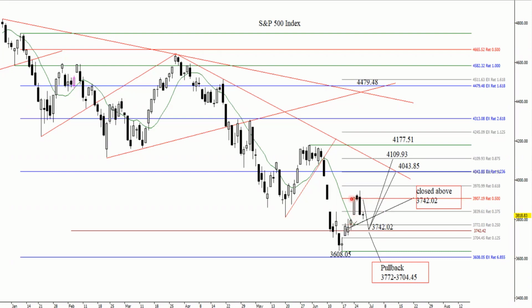And sure enough, what we did, and I reported this in last weekend's newsletter, we were up 11.5%. I said, look, we rallied right up into this 50% zone. Look for a pullback here. Now, I actually did not think the pullback was going to take us this low. I thought we'd be more in the 3,800, 38, 39 range and hold up there. Obviously, yesterday's close took us below that, which opened up this whole zone between 37.72 and